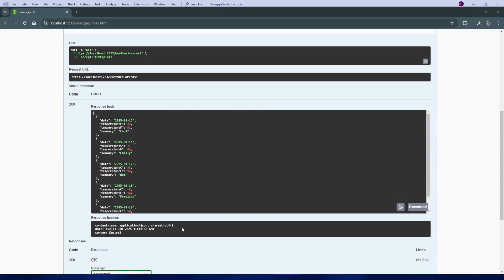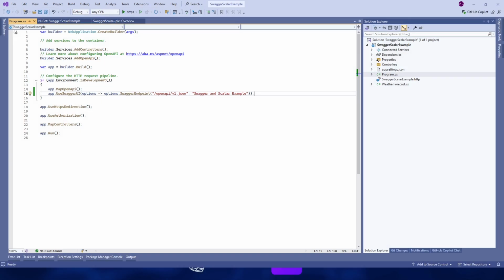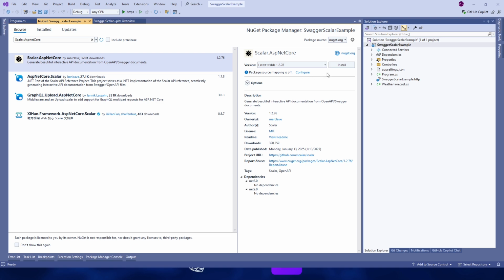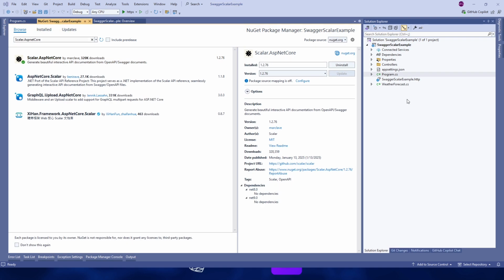Another alternative is to use Scalar instead of Swagger. For that, we're going to go back to our project, and it's necessary to add a new library. Let's search for Scalar. Okay, let's install this option and go back to the Program.cs file.